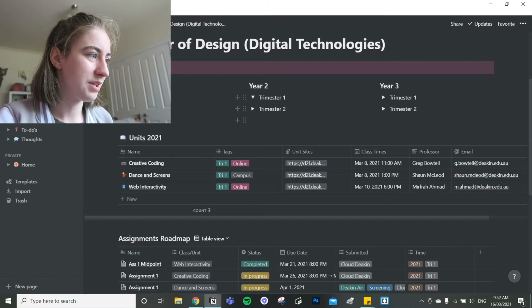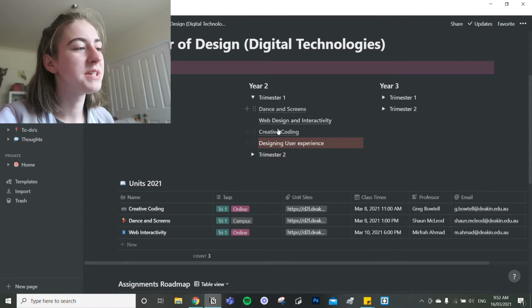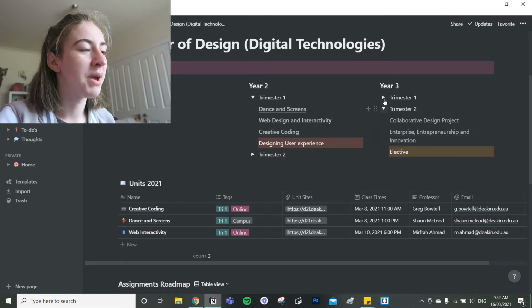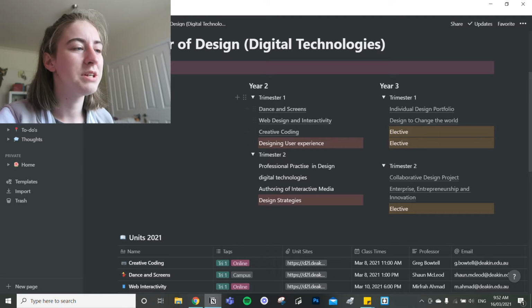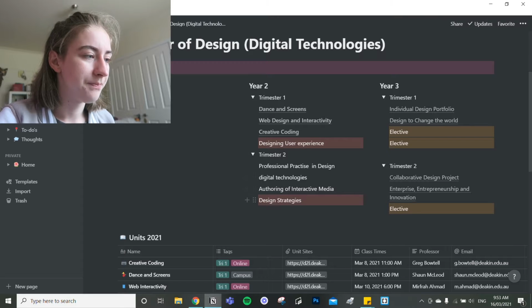And so up here, my course map, this doesn't really do anything. I have linked the pages, but I don't ever go through here. This is more to keep track of what my units are. As you can see, these are the ones that I have been enrolled in.